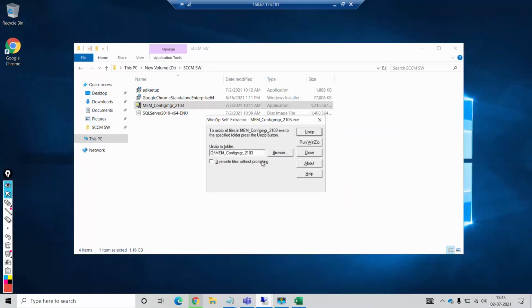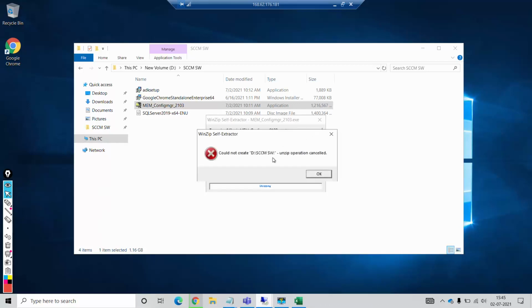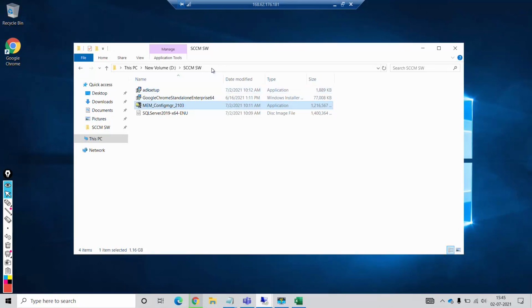So I'll change the drive partition. Sorry. SCCM SW, and I'll click unzip. Okay, my directory is wrong. Copy.